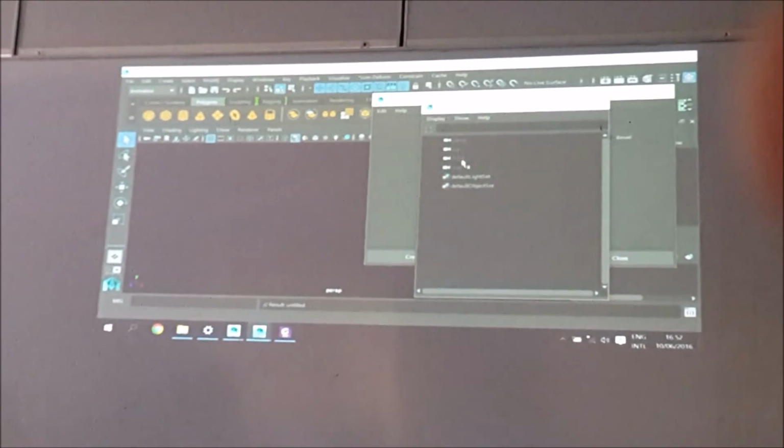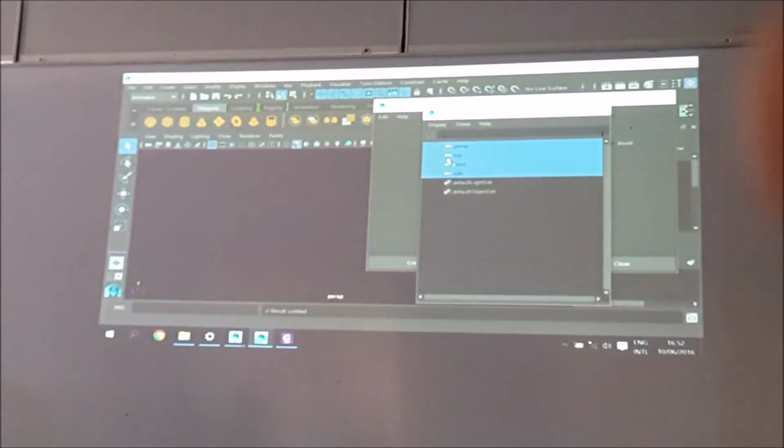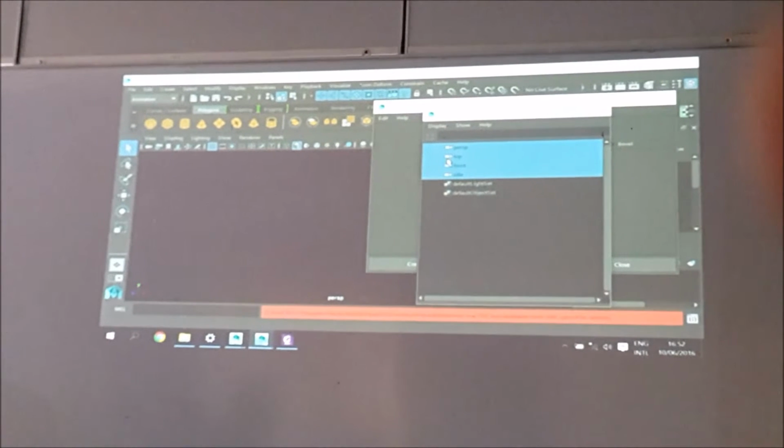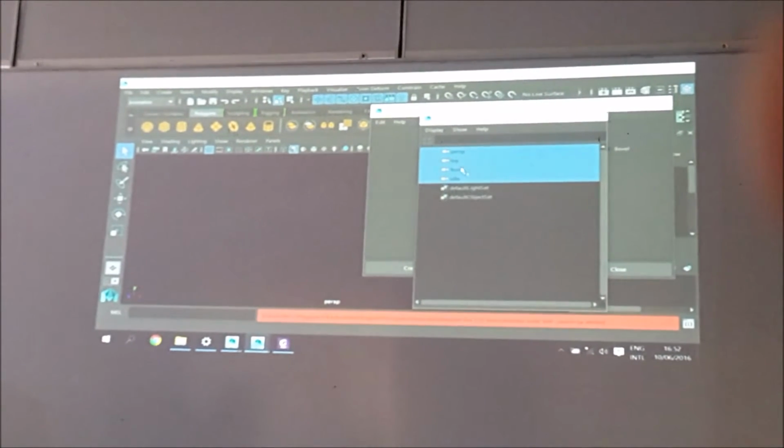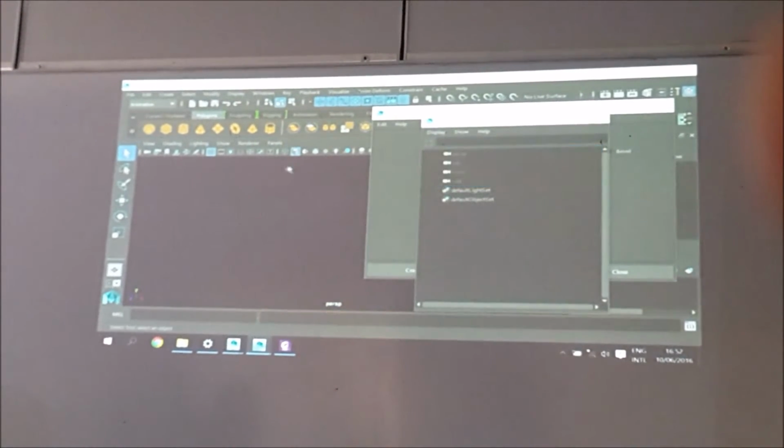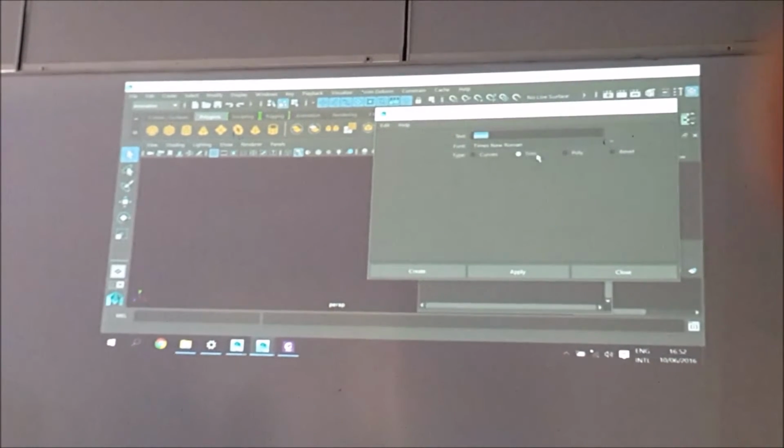By default you have a perspective and top view. If you hit delete, you can't delete it, and you also can't rename it. This is default, just there. Just ignore them. Okay. If I create text with trim,